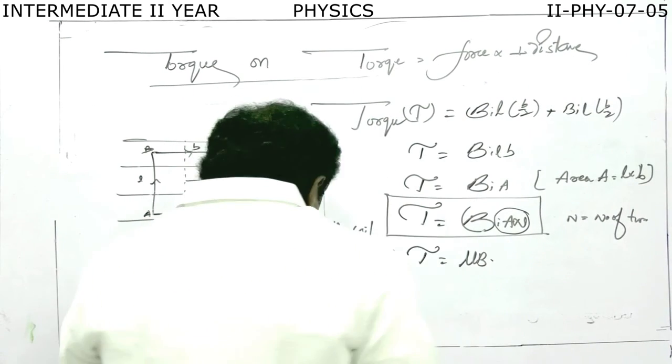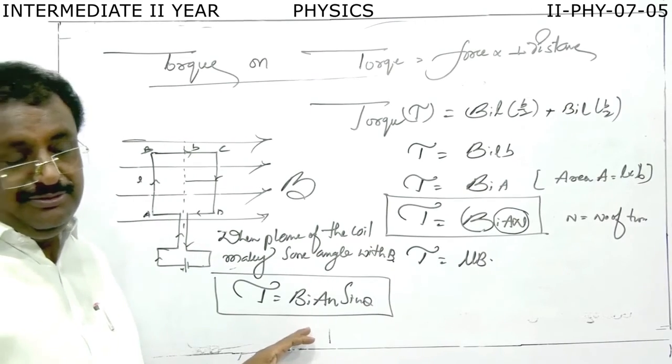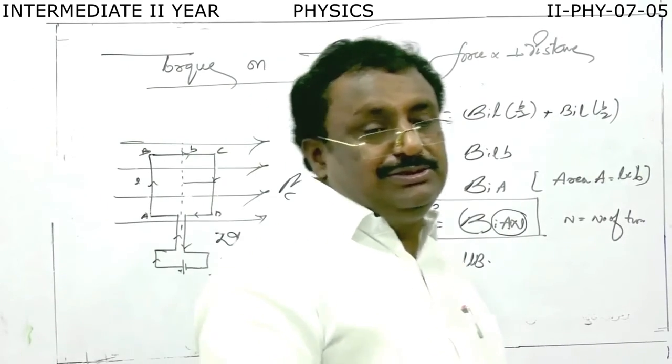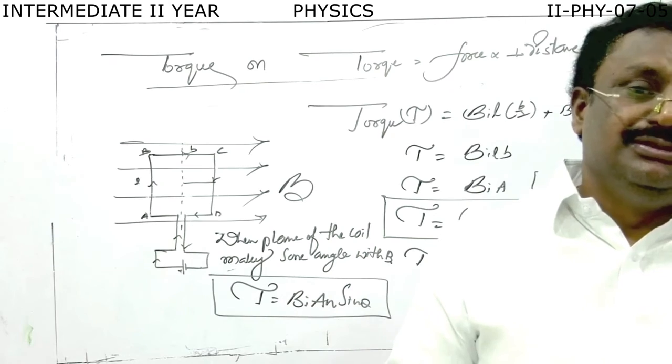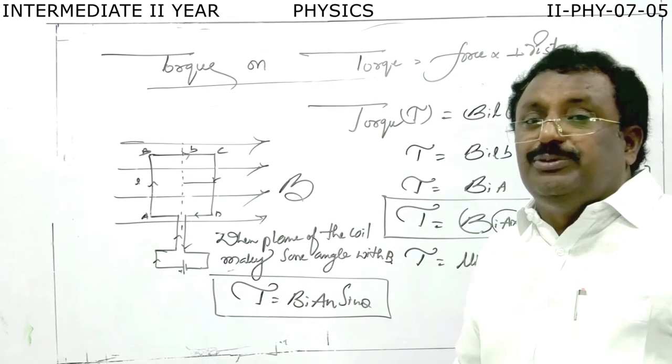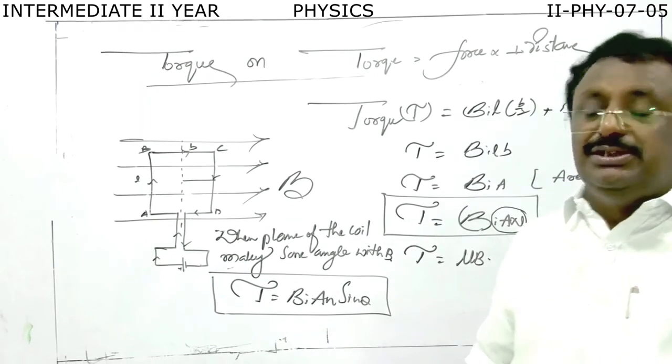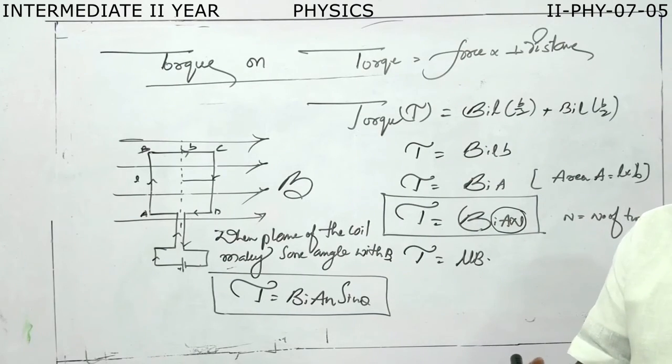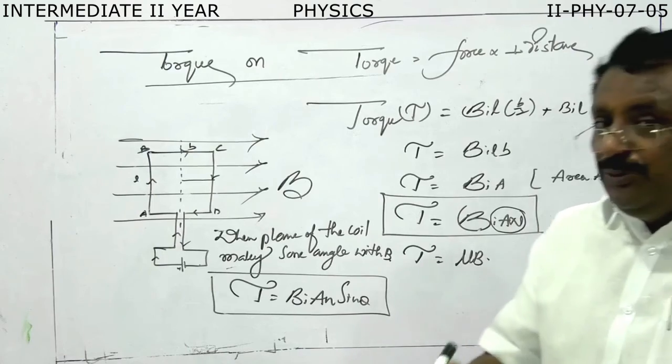Based on this equation, there is one measuring device, the moving coil galvanometer, built on the basis of this formula. So the moving coil galvanometer is one of the measuring devices. In the next class, we will discuss measuring devices. So, before going,